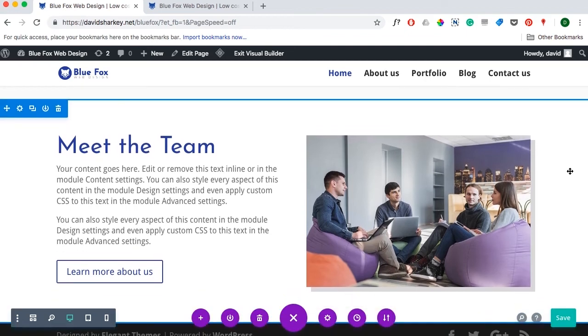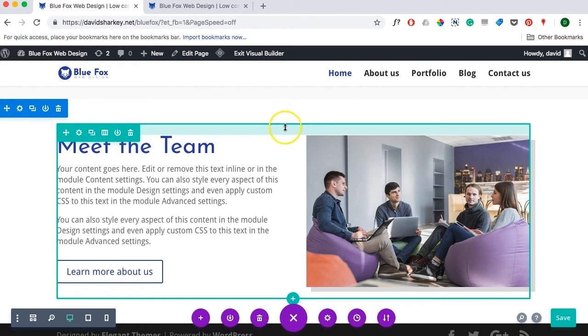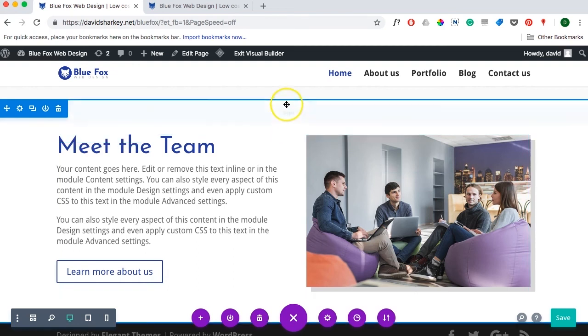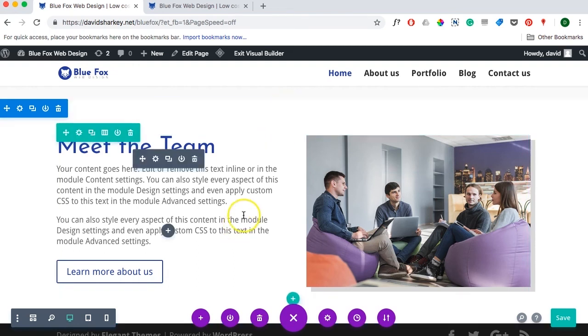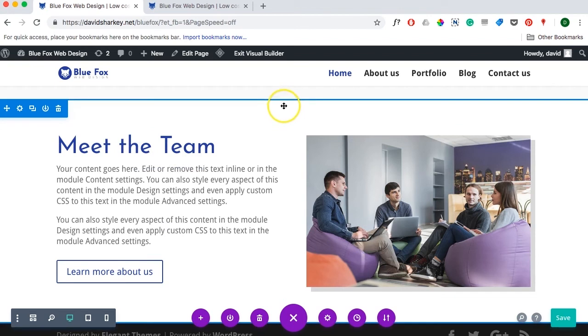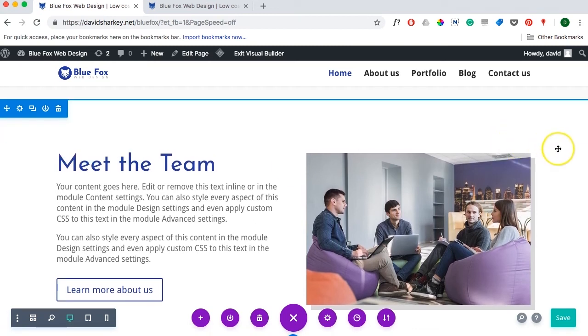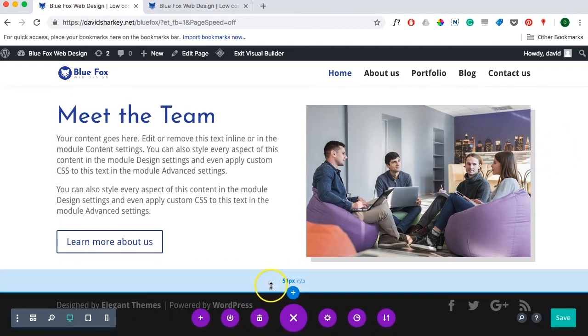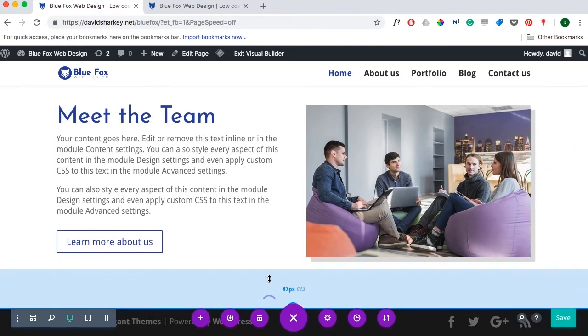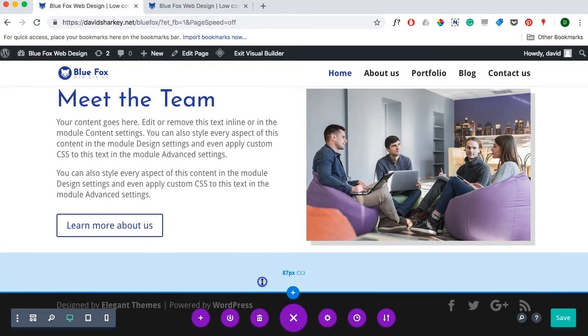So as with our other sections, I think the next thing we will do is add some padding. There's not enough space up at the top and not enough space at the bottom. So hover over the top of the section until you get the little handle. Currently there's 51 pixels of padding. Just click and drag it down. And we go for about 90. And let's do the bottom now. It's on 51. Let's take it down to